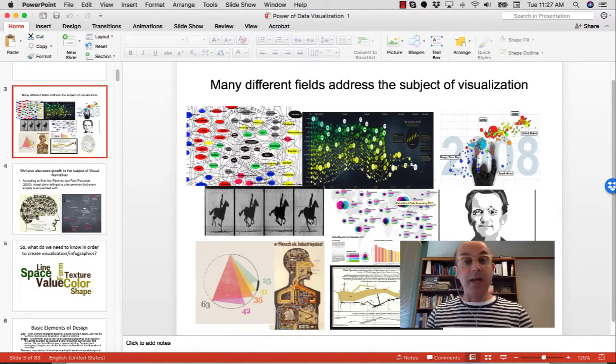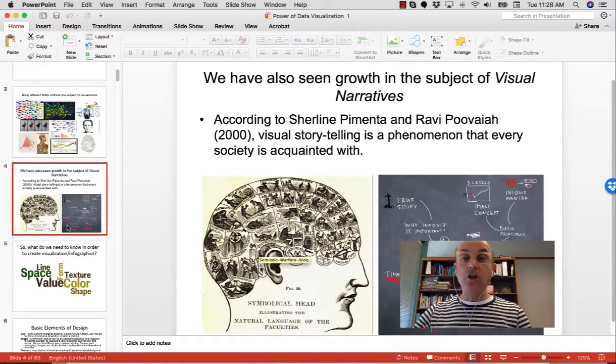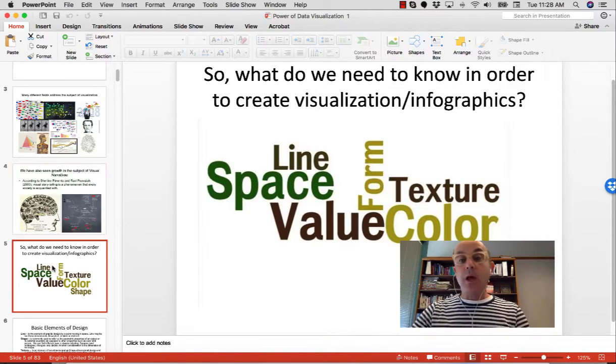This is going to be basically the last module, where I'm going to summarize what we have done in this class. I hope that I was able to portray to you that there are many fields that address the subject of visual and visual analytics, and we saw a lot of examples, but we also looked at visual narrative and how to tell a story. We looked at the structure of